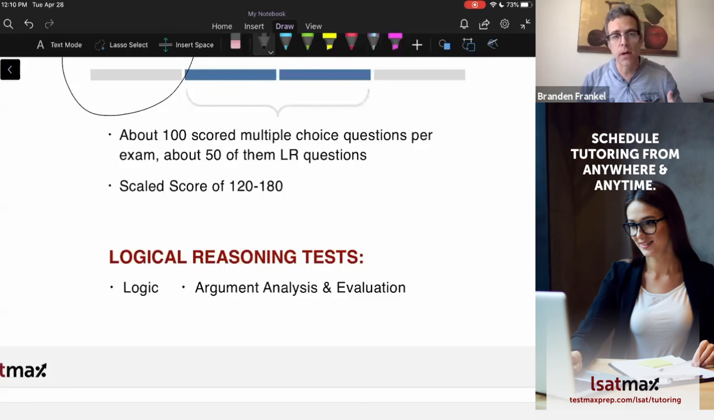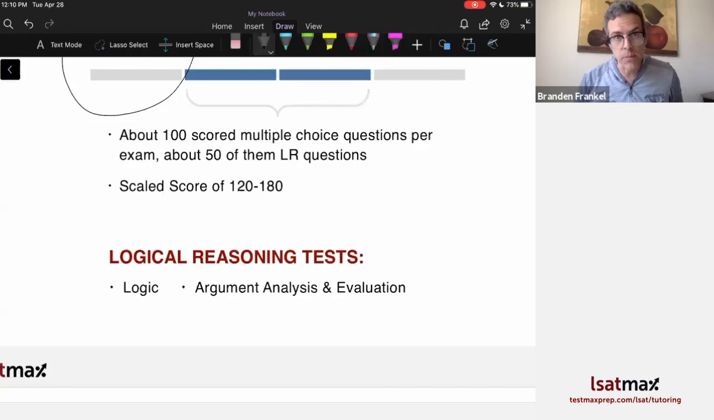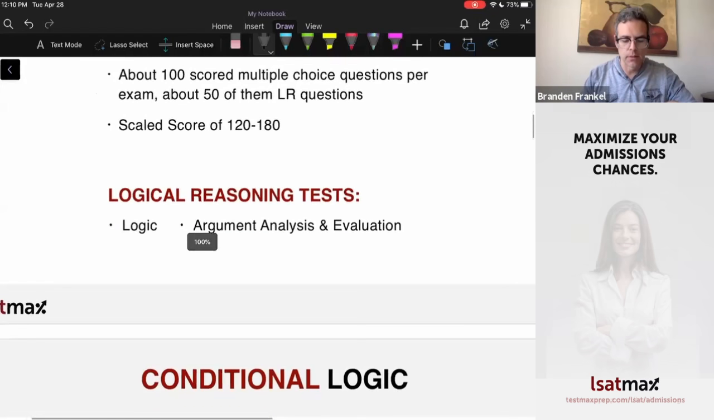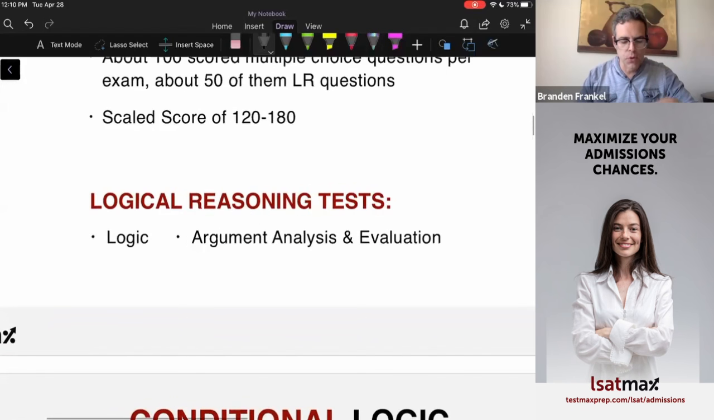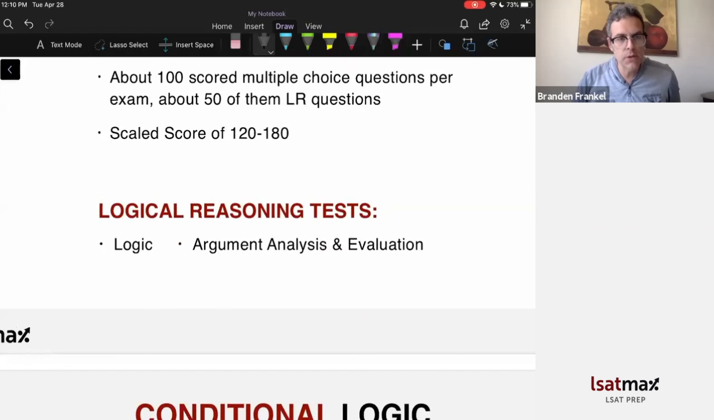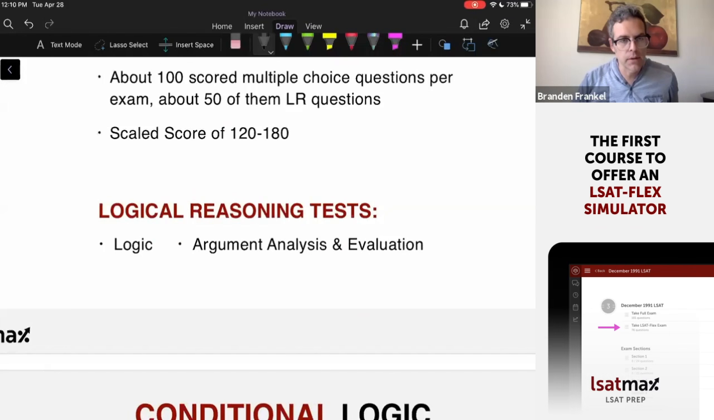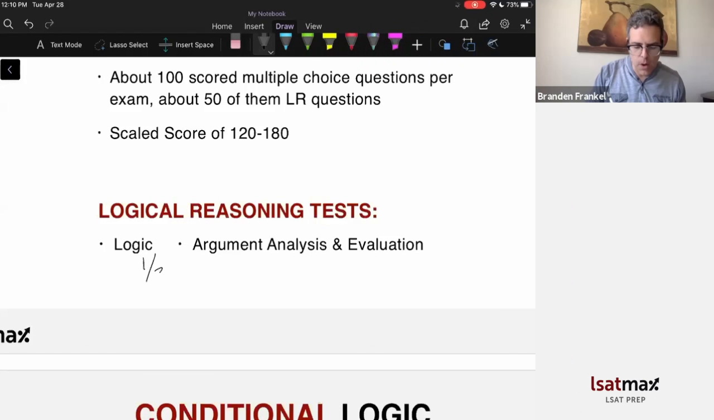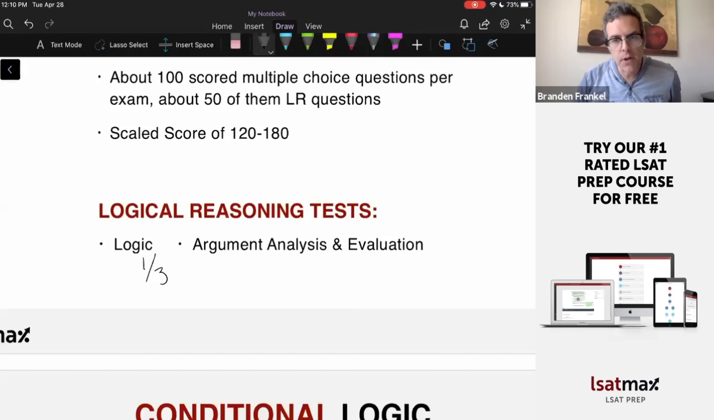If we ever go back to the regular LSAT, logical reasoning is once again going to become the most important section because it will be 2 out of 4. So what are you being tested on with logical reasoning? Well, really, and this is true of all of the LSAT, you're being tested on these two things: logic and argument analysis and evaluation. I think, and this is true in the logical reasoning section, that about 1/3 of what you are being tested on is logic, and about 2/3 is argument analysis